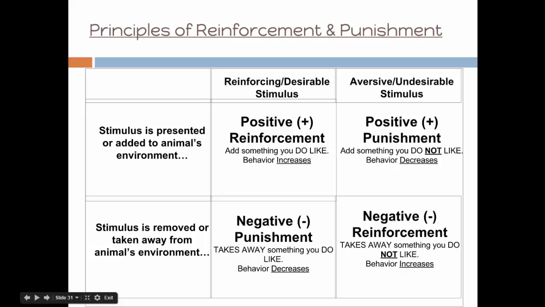So when we come back to class, we're going to be applying these different types of reinforcements and punishments, and if you can have those four terms, the definitions and those concepts pretty well understood when you come back to class, you're going to be a step ahead and ready to apply those things. So just as a review, positive means adding, negative means removing, reinforcement means to have a consequence that increases a behavior. Punishment means to have a consequence that decreases a behavior. And then we'll apply those when we come back to class.